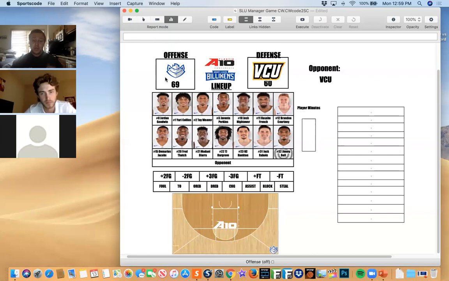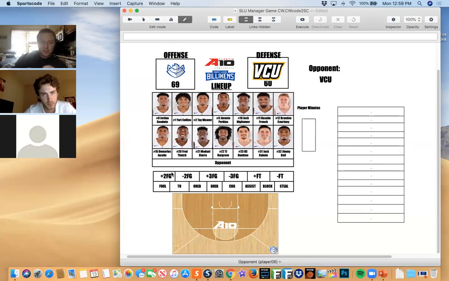If they're having trouble learning a play, if they're having trouble understanding why they're allowing threes, all that stuff's available for them. And then it just saves them time. So hopefully they can get better grades or get in the gym and get more shots up. Anyway, off my little tangent there,